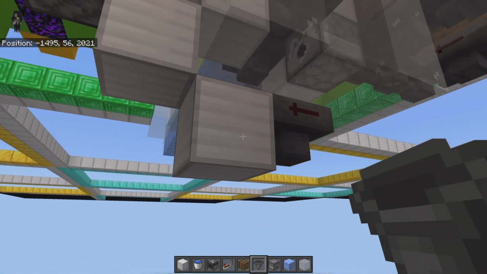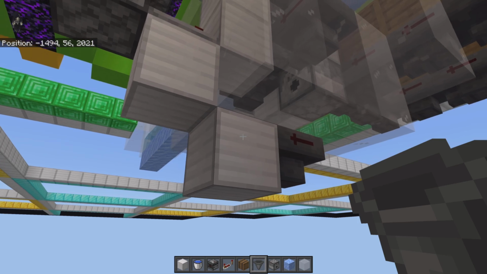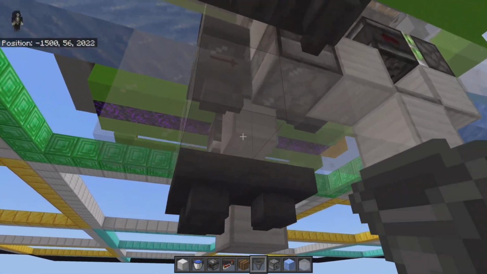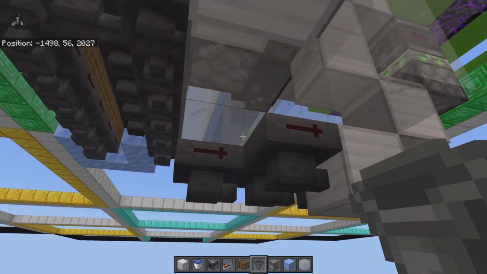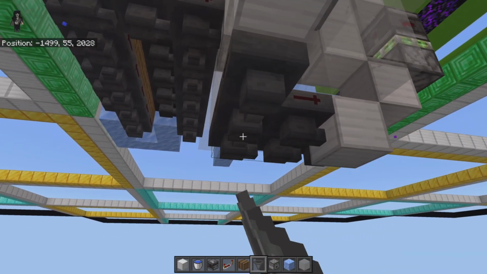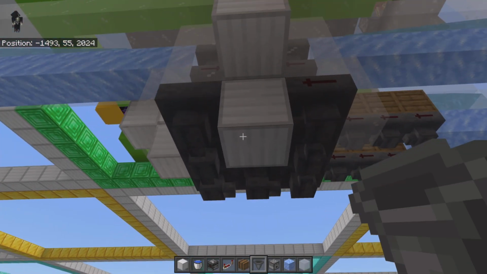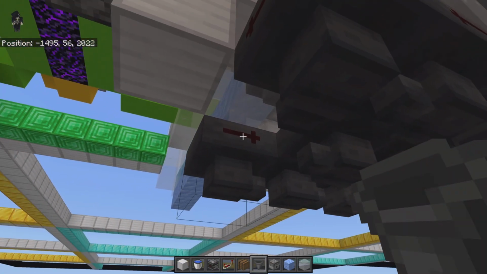Then once you have that in place, next we need to go ahead and place in hoppers going all the way around here just like so. Go ahead and place hoppers going all the way around this middle hopper just like this. Then once you have that all in place, next we need to go ahead and come around here just like this. Go ahead and break out your temporary block just like that, and go ahead and place yourself in another